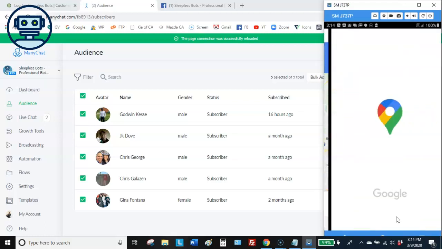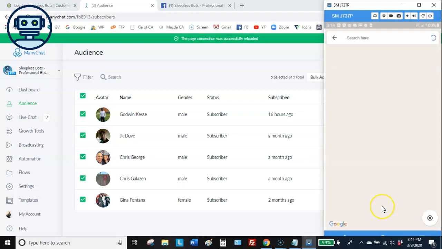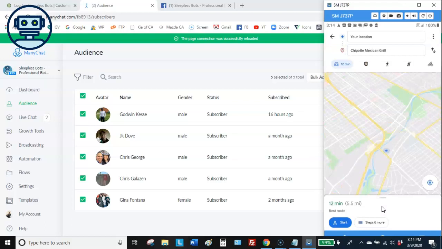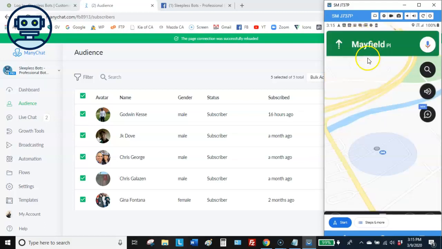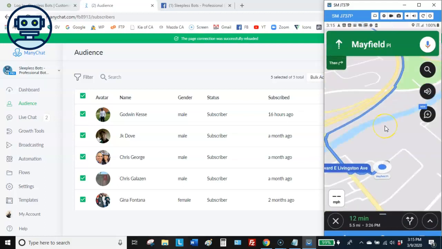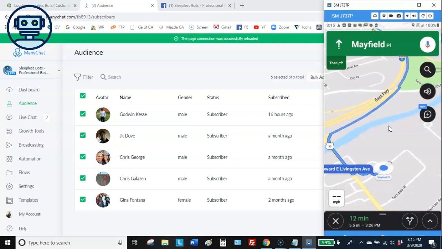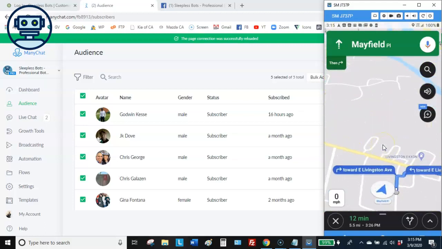Once they tap it, Google will calculate everything and will try to give them the GPS navigation to the location. So right here, as you can see, it pinpoints my location and it also pinpoints the address where you're going to. Okay, so it will say something like, let's see,